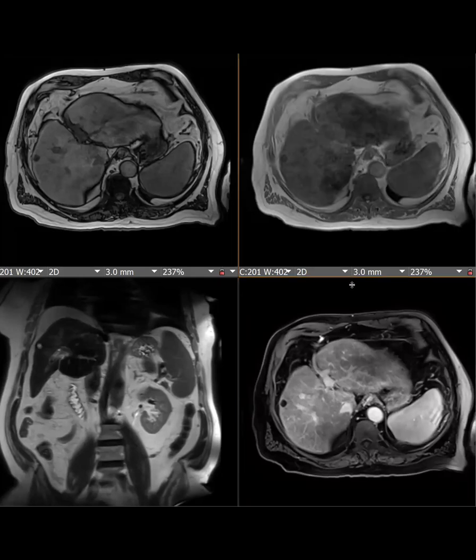It was an interesting case, so I wanted to share it with the group. What is that? Is there also like a fat containing one, but that seems to not really enhance? Is this what you're referring to? Yeah. I think that was a cyst. It was interesting that the cyst looked like a hamartoma. But that one I knew what it was, but these other